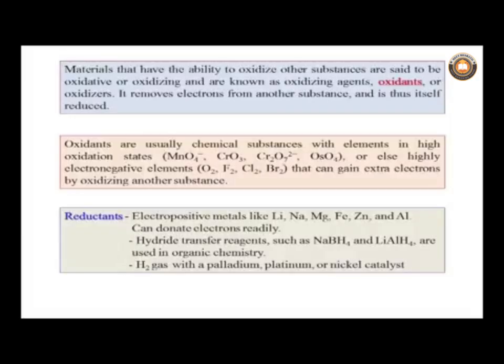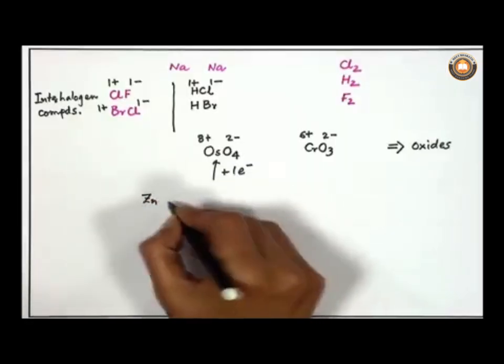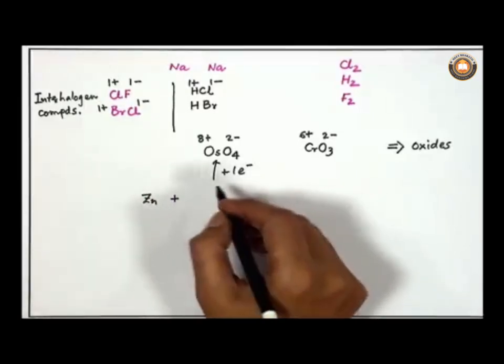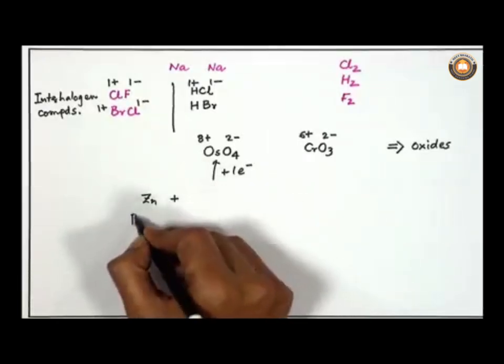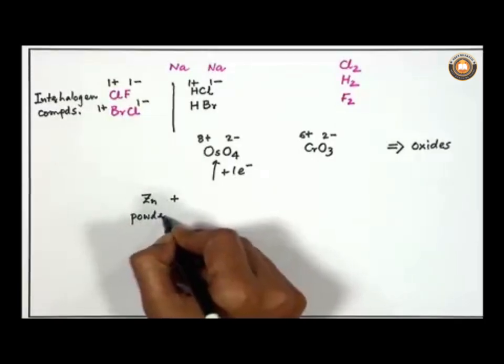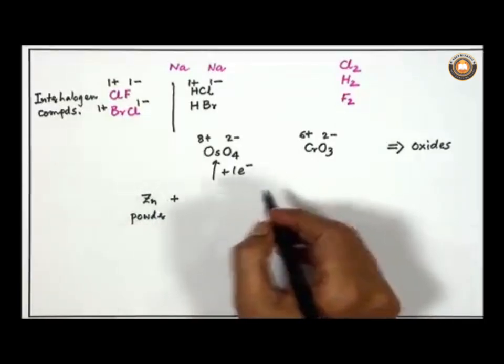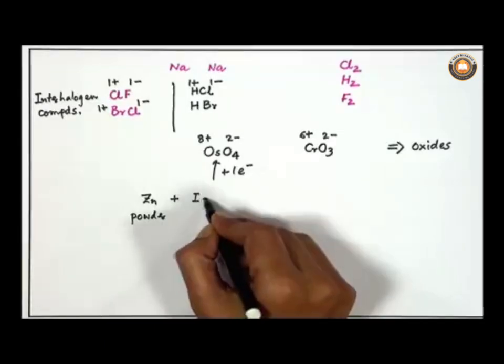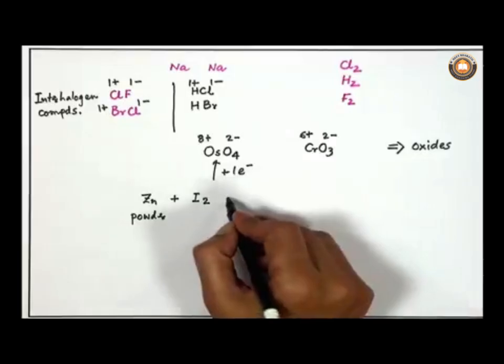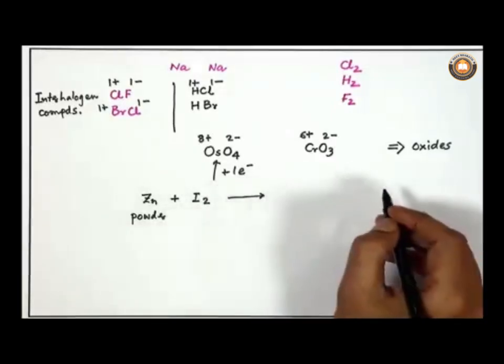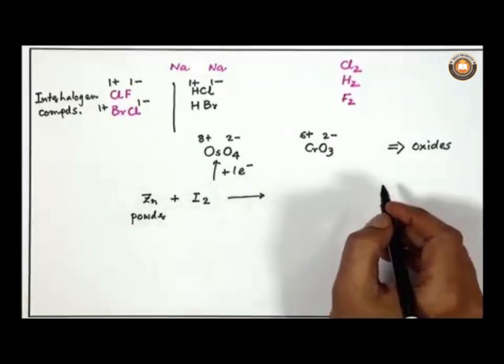So, it can donate electrons readily. If we think of zinc in the elemental or metallic state, we can consider zinc as a typical species, and a direct reaction is possible. The laboratory example of this reaction is with iodine, which we all know is a solid, black particles. So, if we consider the redox reaction between zinc and iodine, we